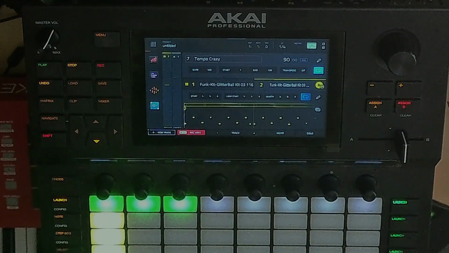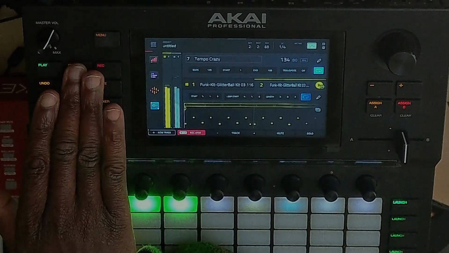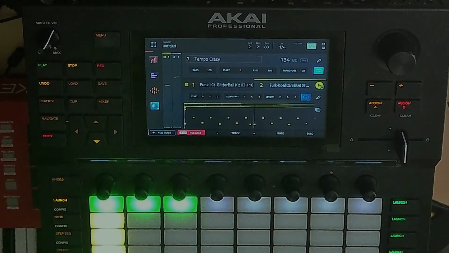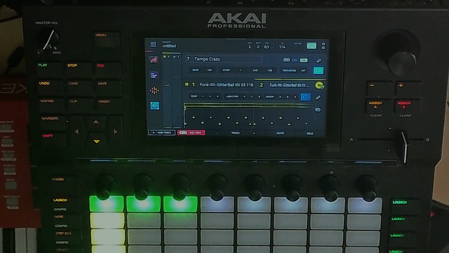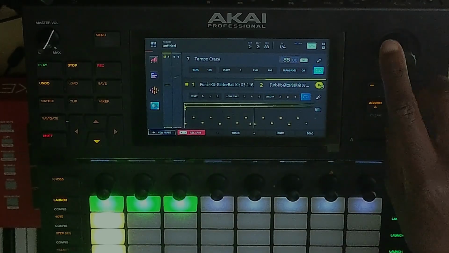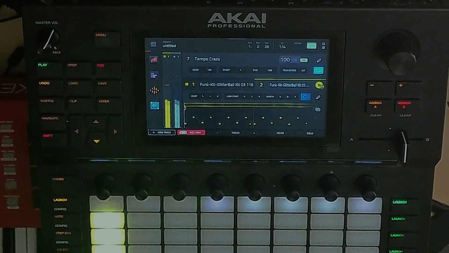Just thought I should mention this. If you're working on something and you are doing a lot of tempo changes, like for example this crazy one where it's all over the place, right? And you don't want to have that going on while you're working on it. All you have to do is press global, and that'll fix the tempo. So for example, with global on, I can move this to a tempo that I like, maybe 100 BPM, and